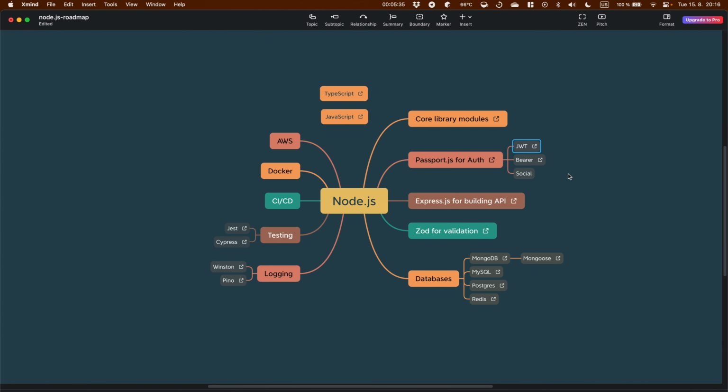The most important ones which I would like to mention are the JWT strategy and the bearer strategy. They are like the fundamentals, the basics, and you need to know them. If you handle those two, you will figure out how to deal with social network authentication and so on. So social network authentication is an additional thing which you will figure out after those two.